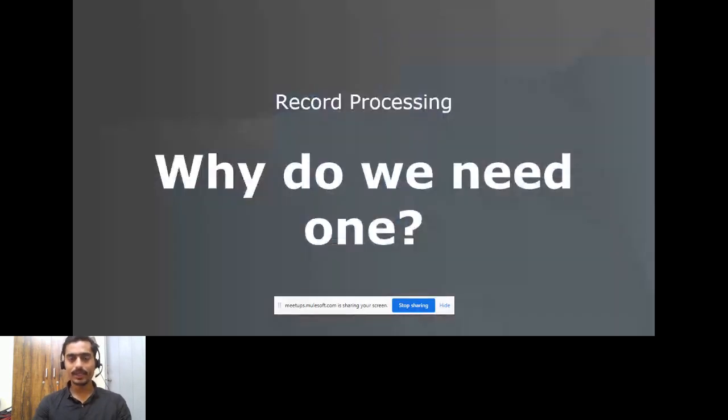So let's start with a very basic requirement: when we talk about record processing, why do we even need one? That's a very basic thing that we all need to be clear with. In any software design world, whenever we deal with real-time execution, it's not always about a single record.